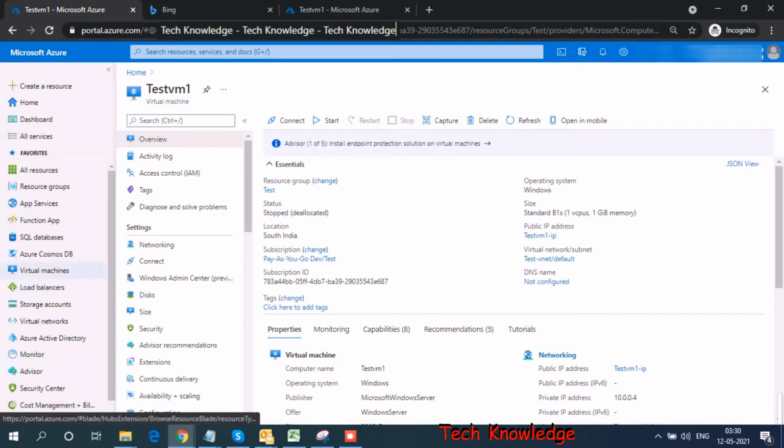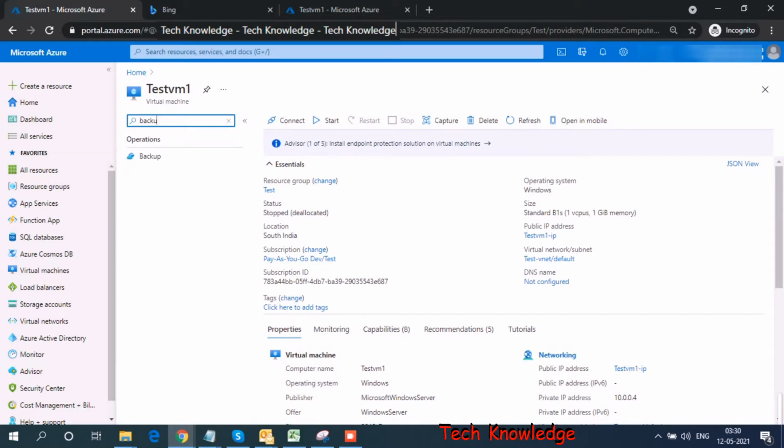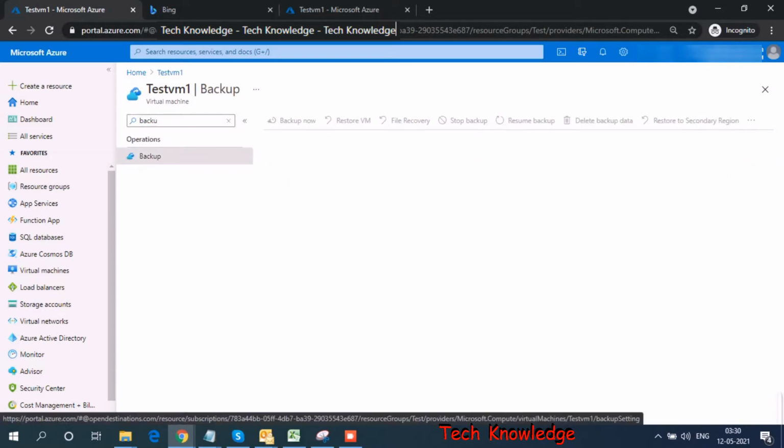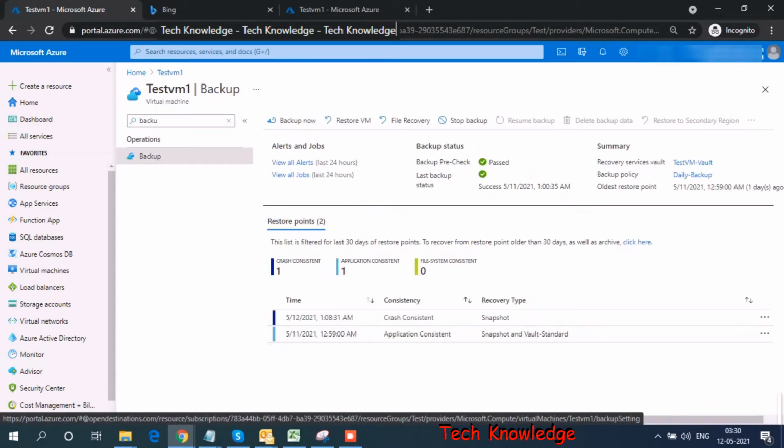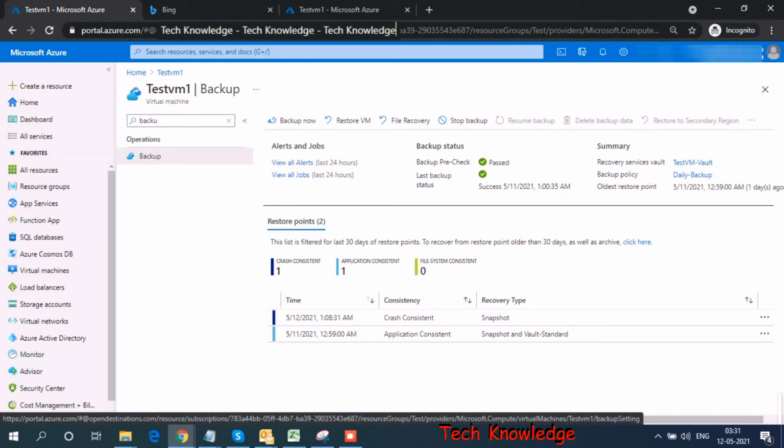I configure virtual machine and I can see my virtual machine. My virtual machine name is test VM1. So let's see if we have any backups available for this virtual machine. So my recovery services vault name is test VM-vault, and I see there are two backups available for 11th May